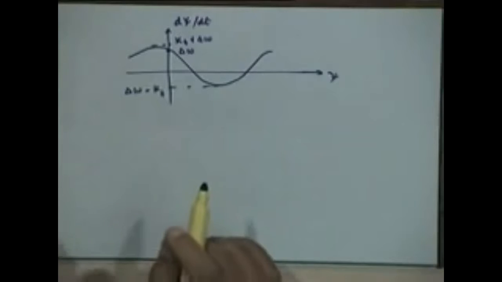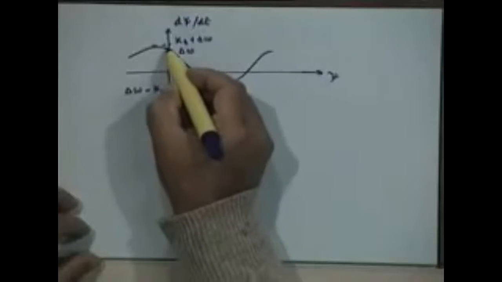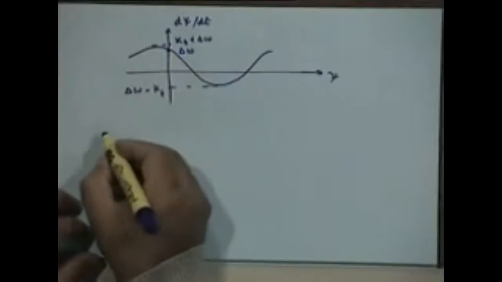Let us assume to start with, when the input signal was of a constant frequency, that is what we have done. We are assuming that the input signal was of a constant frequency and suddenly there is a step change in the input frequency, right. So, when the input signal was at a constant frequency for a long time, let us assume that the loop was in lock earlier. When the loop was in a lock condition, where was it? Psi was equal to 0, right. So, you were at this point.